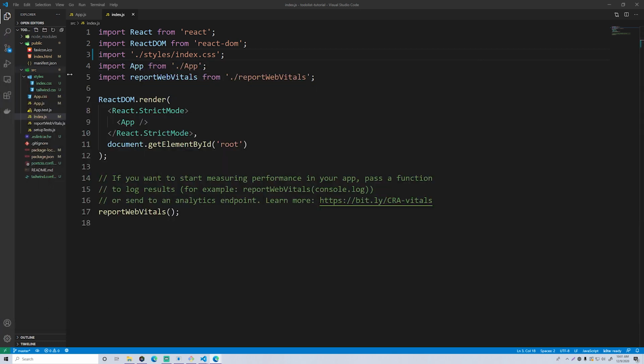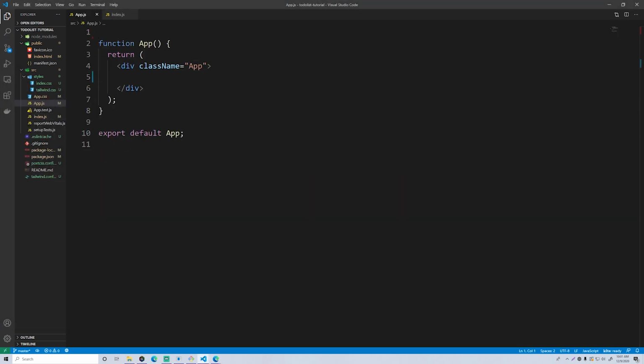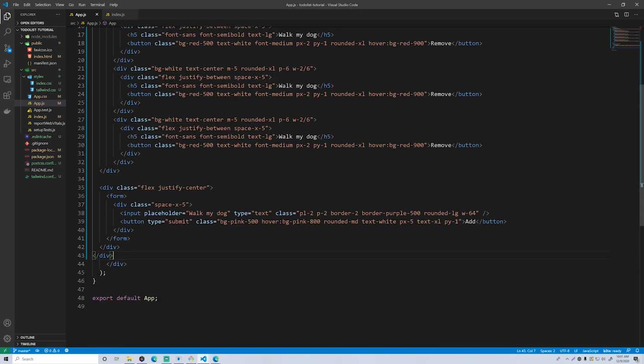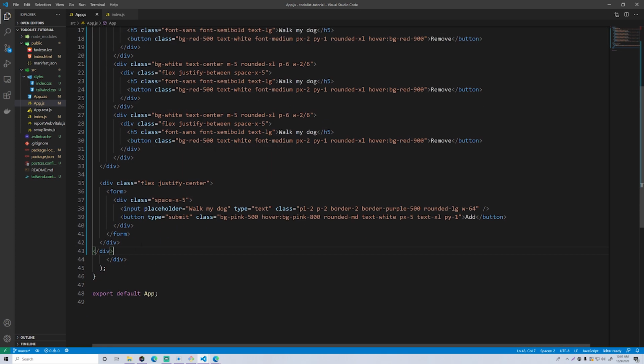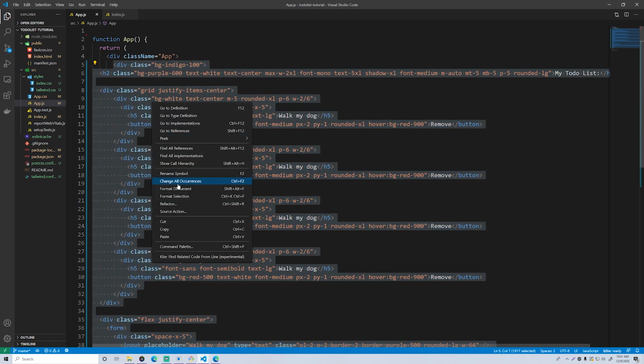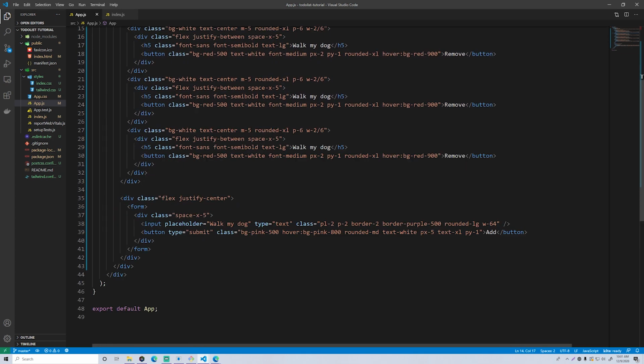Good. So now we can copy over the code that we built using Tailwind, the playground thing, and try putting it in our application, okay? So we go here to app.js, which is our application's root component, and paste it. So there we go. Here's our playground stuff. We can just select this, right click and do format selection, so it makes it look better.